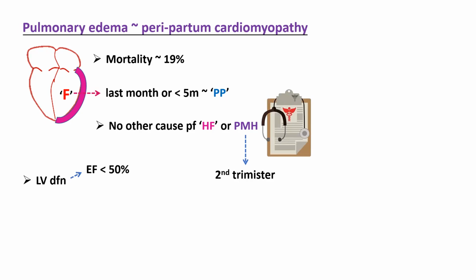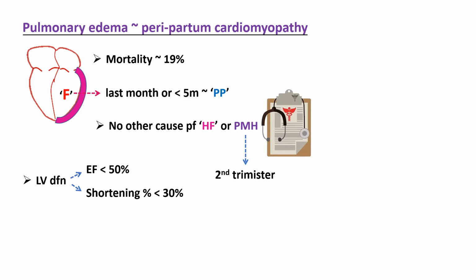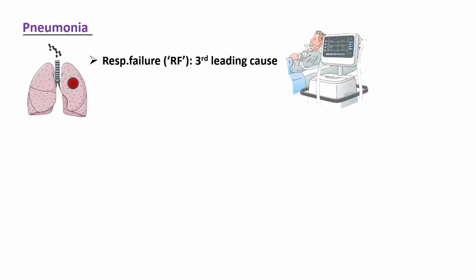So we call it peripartum cardiomyopathy when you have an LV dysfunction with ejection fraction less than 50% or fractional shortening less than 30%. And this also needs to be kept in mind in pregnant ladies who tend to have respiratory failure. So what about pneumonia in pregnancy? It is shown that respiratory failure secondary to pneumonia is the third leading cause of obstetric patients needing intubation and mechanical ventilation. Around 12% of the pregnant ladies who come with respiratory failure in ICU tend to end up